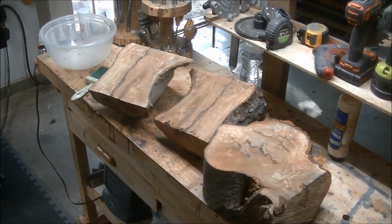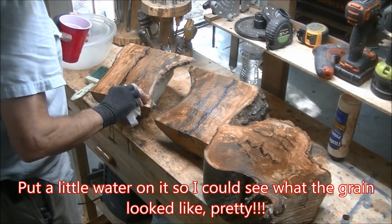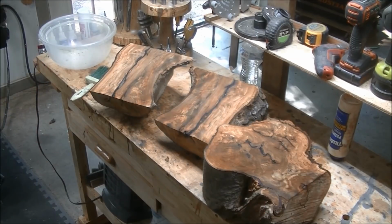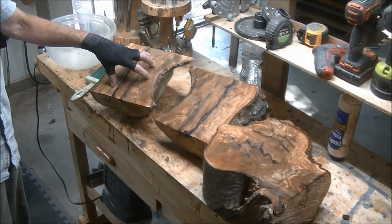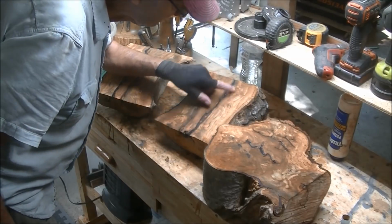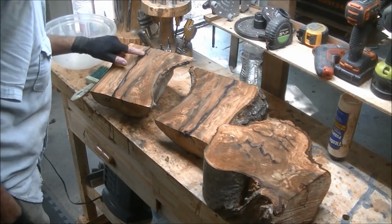Well, I'm at somewhat of a dilemma here. But there's absolutely no doubt, that's beautiful wood. I don't know what I want to do. Well, this could be a beautiful bottom of the bowl, because you could get all this in here. See, it almost looks like burl in there. See that? And man,